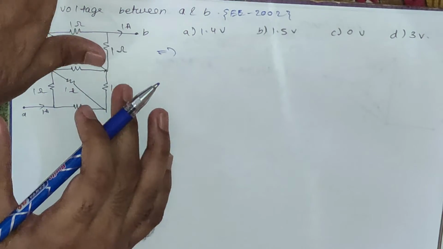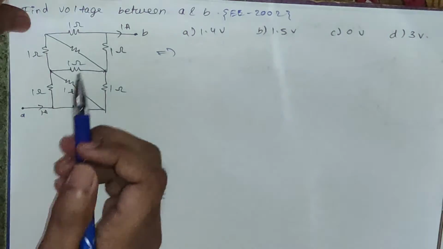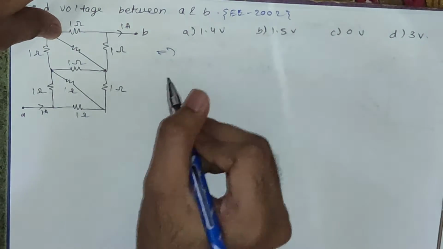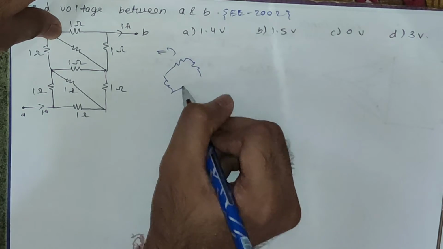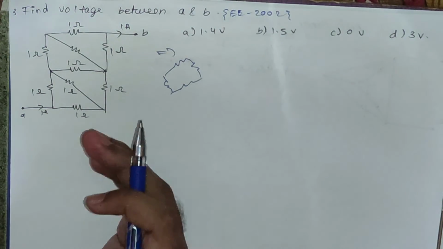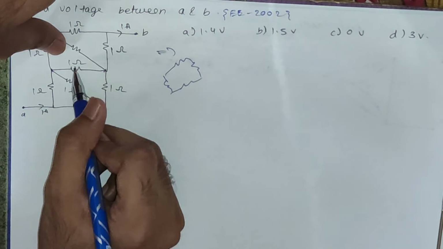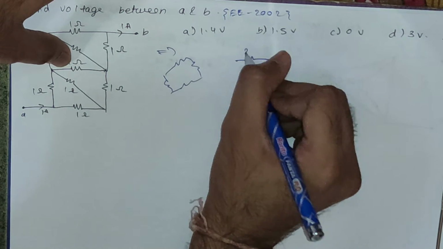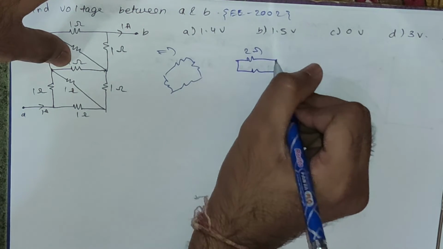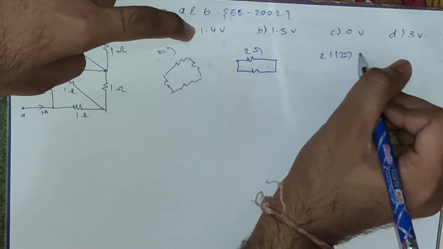And you can see it is also satisfying Wien bridge criteria. Okay, but it's not a correct way by which you are judging here. You can see 1 ohm is a shared resistance between both of these. We know Wien bridge only has these 4 resistances. It doesn't have any shared resistance, right? It means both the bridges should have their individual resistance. Okay, so if we try to divide this 1 ohm for both of these two bridges, we can redraw it as 2 ohm parallel with 2 ohm, right? Because 2 ohm parallel with 2 ohm will in turn make it 1 ohm, right?